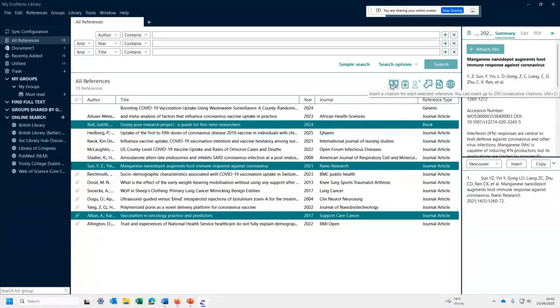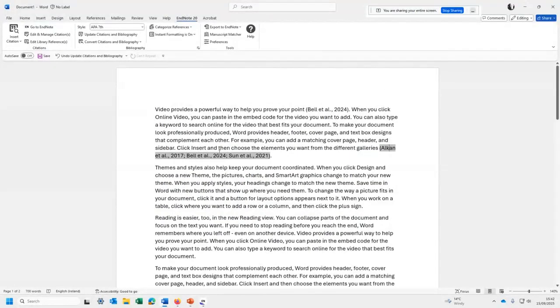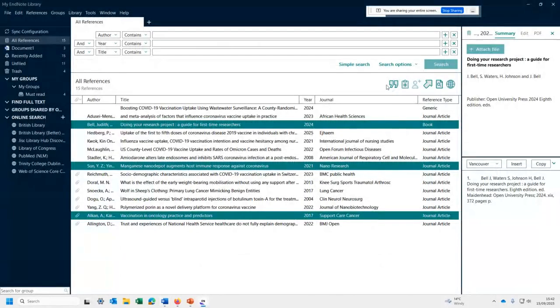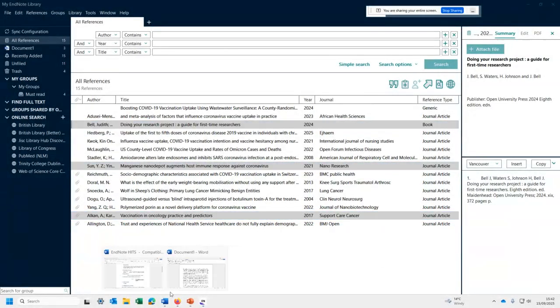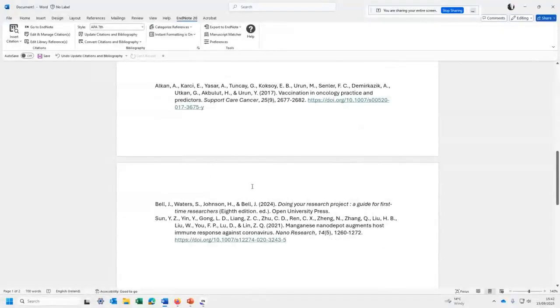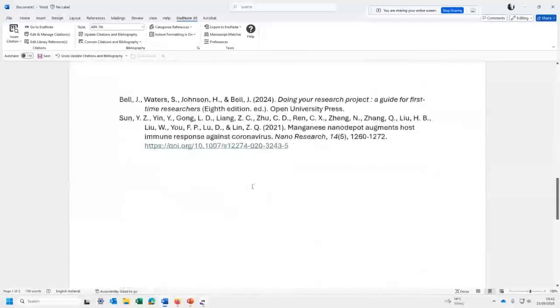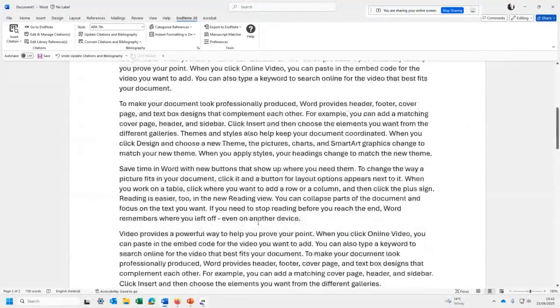Now, if I want to put those into my Word document, you see that option there? It's like the double quotes. So that will allow you to insert a citation for each reference selected, and you can insert up to 250 at a time. Okay, so I'm going to click on this, and there you go. Those 3 references are now gone in. So what I did there was I selected the 3 and I just clicked on that, and that brought them into my Word document. And if you come down, there they are. Okay. And that's how straightforward it becomes.